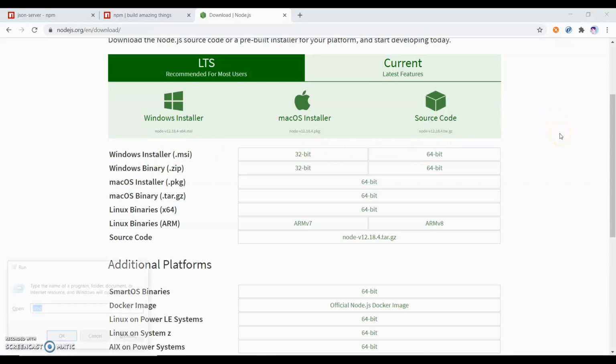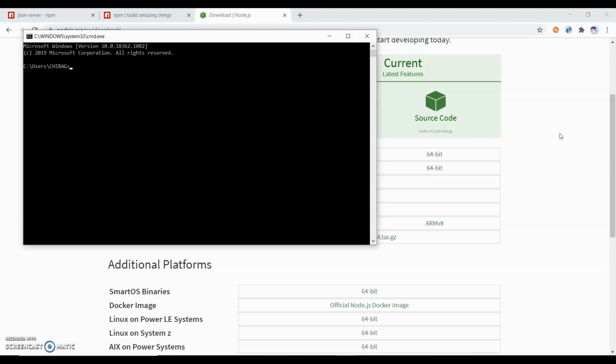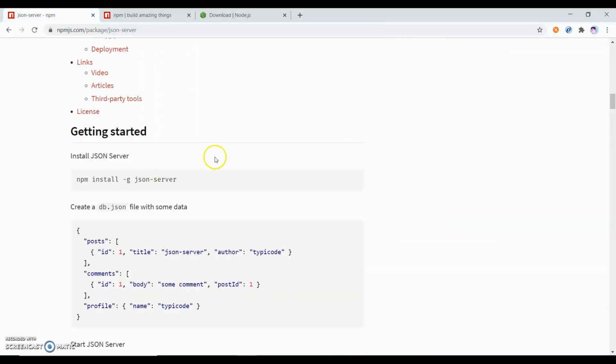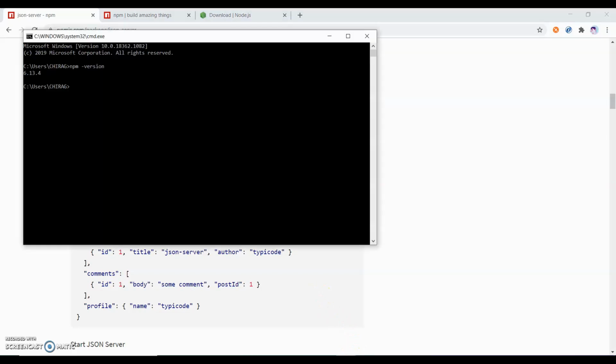After downloading Node, which I already downloaded, you need to enter npm version and it will show the npm version and node version, right? So I have already downloaded it. Now I will download this JSON server. For this I use npm install, right click and paste. It again starts downloading from the website and takes some time. So you can see it is already downloaded.